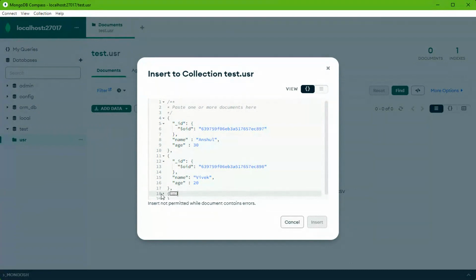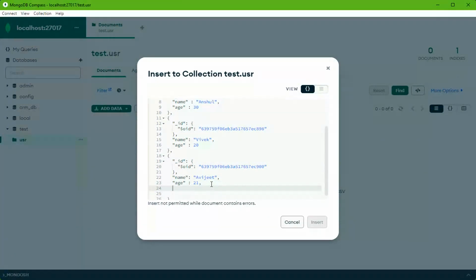Now I'll have Avijit's name and maybe Avijit's age is 21. I don't know. Avijit, what is your age? Just 21. Okay. A bunch of documents is called a collection. Exactly, Vivek. You're correct.